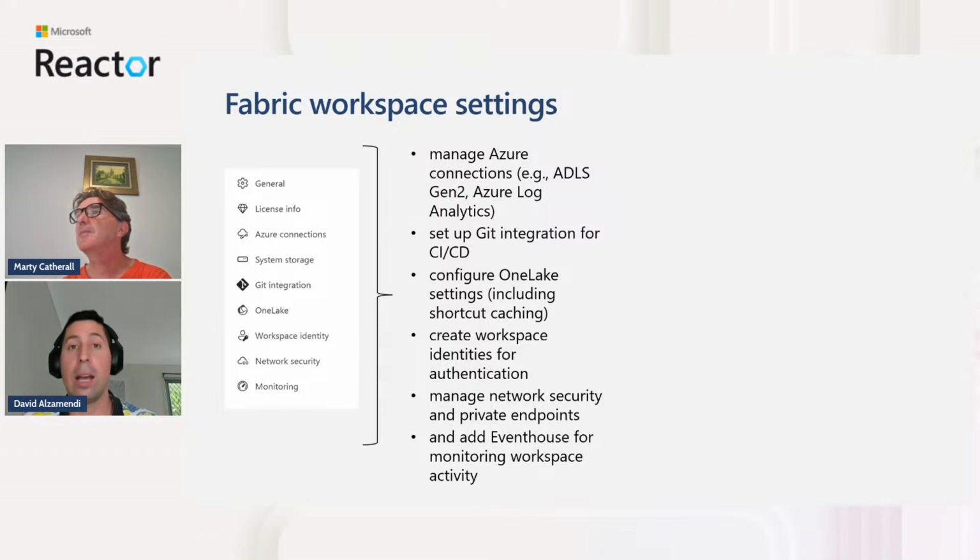That's the game changer. And actually, you can switch Fabric capacities with almost zero downtime when the capacities are within the same region. You can also see the system storage, Git integration. This is quite amazing. I know that many of you have been asking for code version control for a long time. Now you can easily connect your Azure DevOps account or GitHub within the Git integration section. You see the OneLake, workspace identity, highly requested feature, network security to set up some private endpoints, and of course, monitoring at the workspace level.